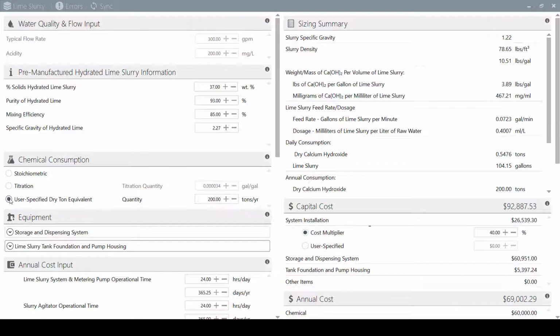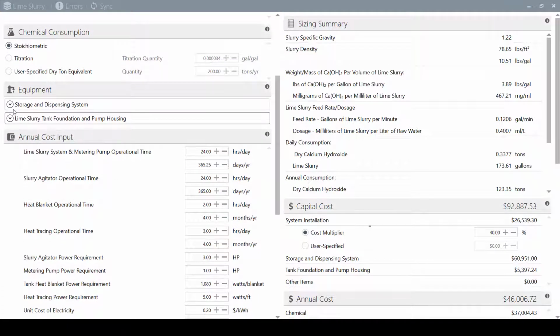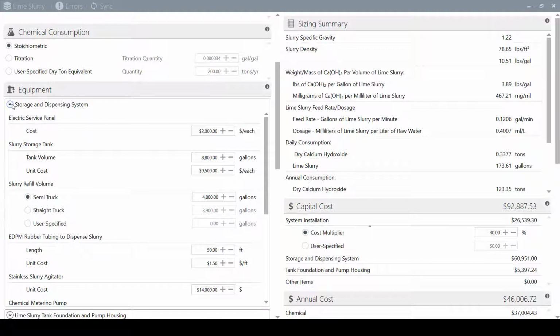Finally, the user-specified method allows users to specify the annual pre-manufactured lime slurry consumption. This method is typically used when AMD-TREAT is being used to evaluate long-term water liability under a reverse cost modeling situation. The next module input section, entitled Equipment, has two subsections: Storage and Dispensing System and Tank Foundation and Pump